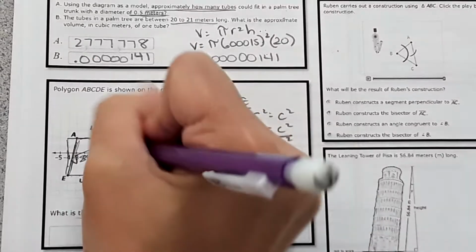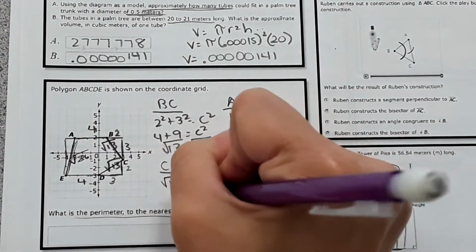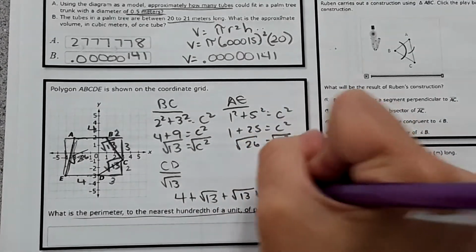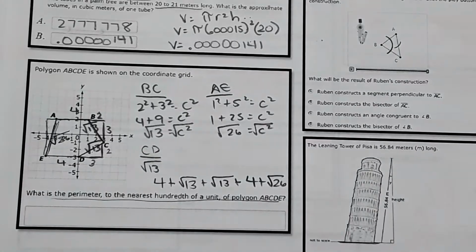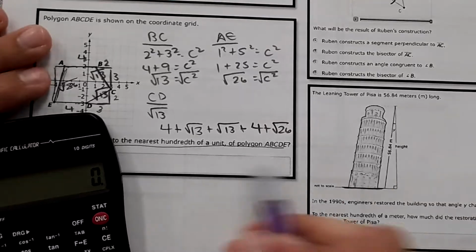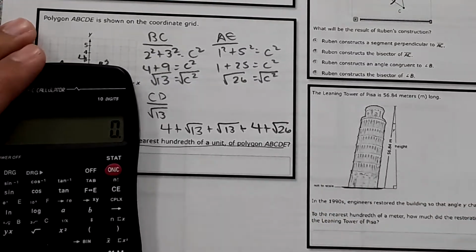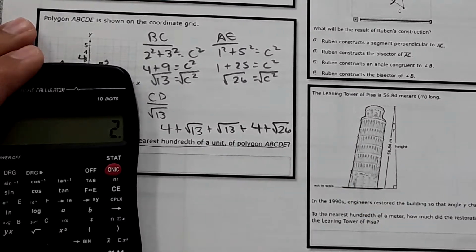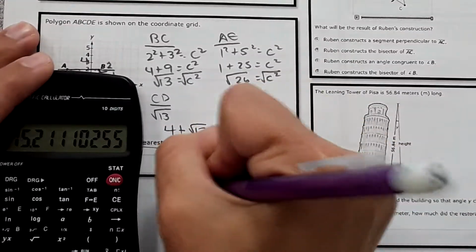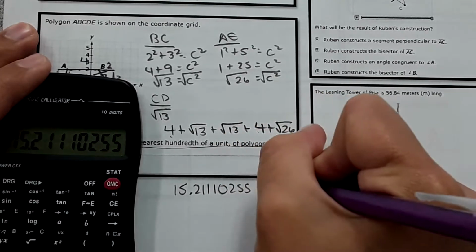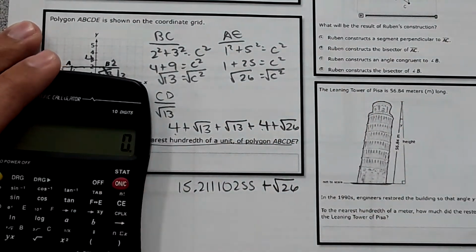So to find the perimeter, I just add up all the sides. 4 plus square root of 13 plus square root of 13 plus 4 plus square root of 26. When you're studying on your own, I would make sure that you can get the correct answers in your calculator, whichever calculator you're going to use for testing. So square root of 13 times 2 plus 8, I get this number, plus square root of 26. So here I'm going to do square root of 26